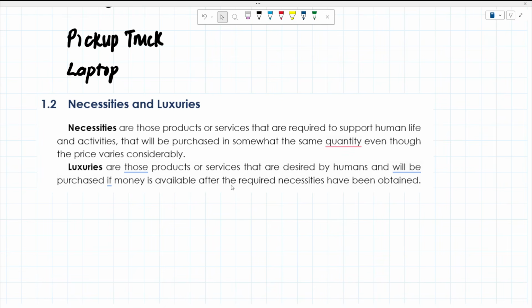But it doesn't necessarily mean that if it is a necessity for us, it is also a necessity for other cultures. For example, for Americans, they do eat rice, but they don't need it every day. They can live without rice. On the other hand, us Filipinos, I think we would not be able to survive long without rice, because we are used to it, because it is already in our culture that we eat rice every day.